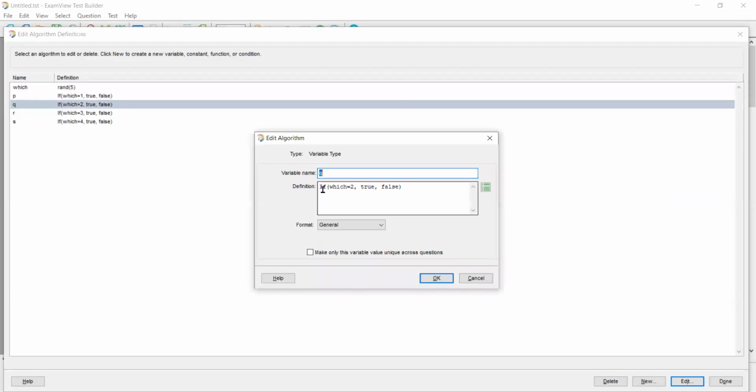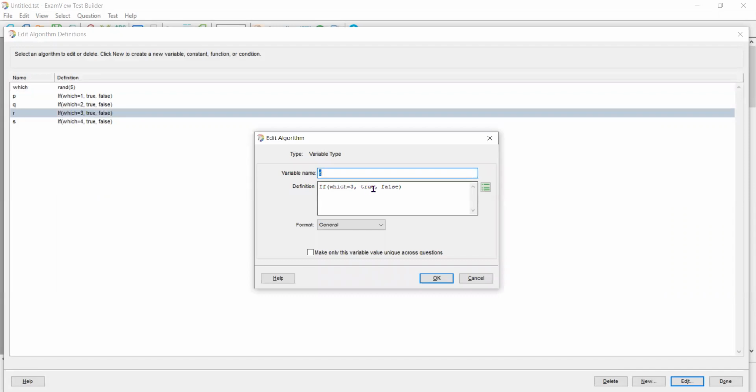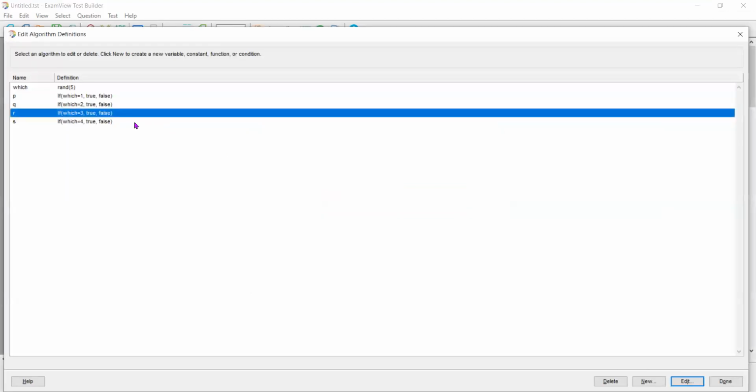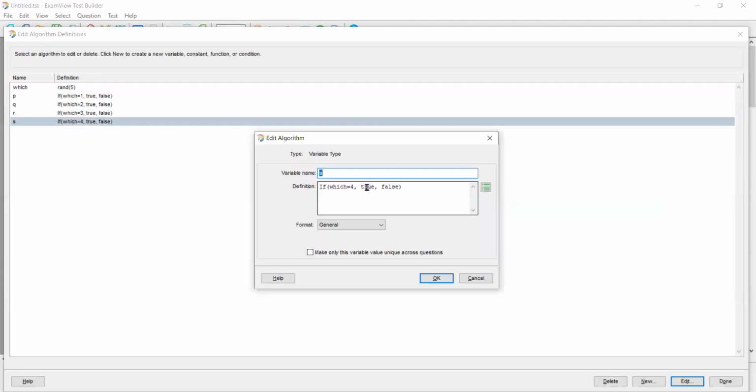And then I created another variable q, and this is only going to be true when which is equals to 2, and r is true when the random variable which is equals to 3, and s is true when which is equals to 4. Otherwise,